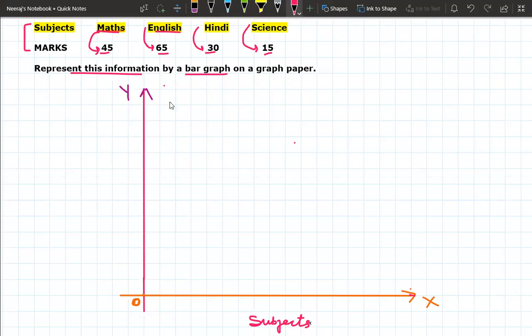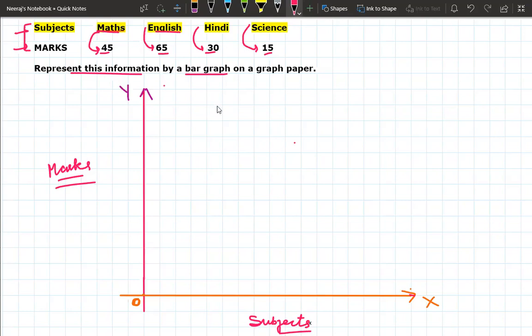Now on the y-axis, the last category, that is the marks category, will fall on the y-axis. That is, you have to write marks. So marks we will mention on the y-axis and the subjects we will write on the x-axis, right? So this is the information that the x-axis is giving, that the subjects we have to write on the x-axis and the marks of the different subjects we have to write on the y-axis. Now the next step is that you have to draw a bar graph on a graph paper,